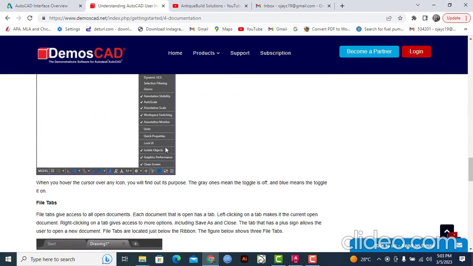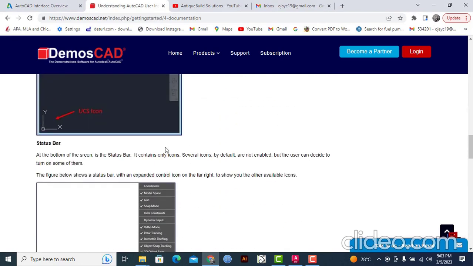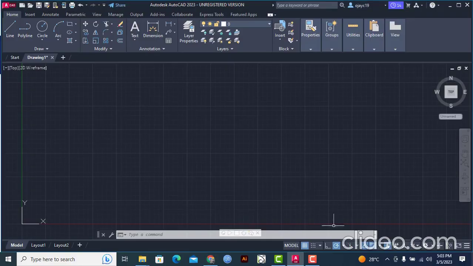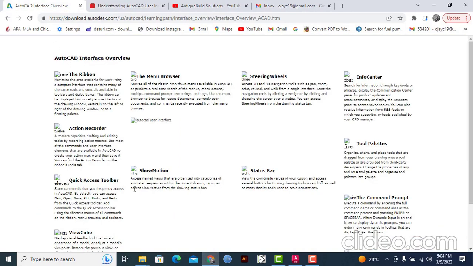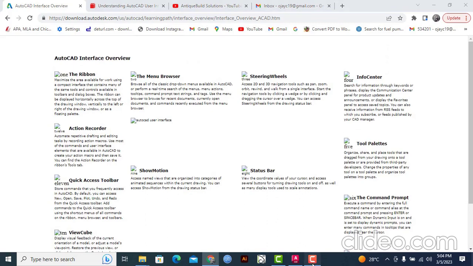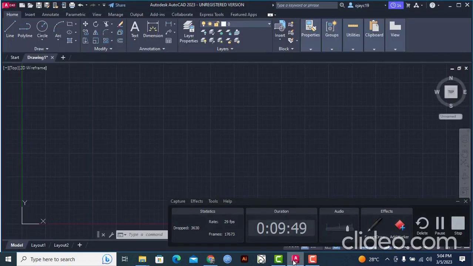The status bar is at the bottommost part of the screen, and for me, I think it only contains icons, but despite them not being enabled, you will see that they are supposed to give you a means of toggling and also a means of profiling the areas that you want to look at in a more detailed manner. What that simply tells me is that you're able to get the exact